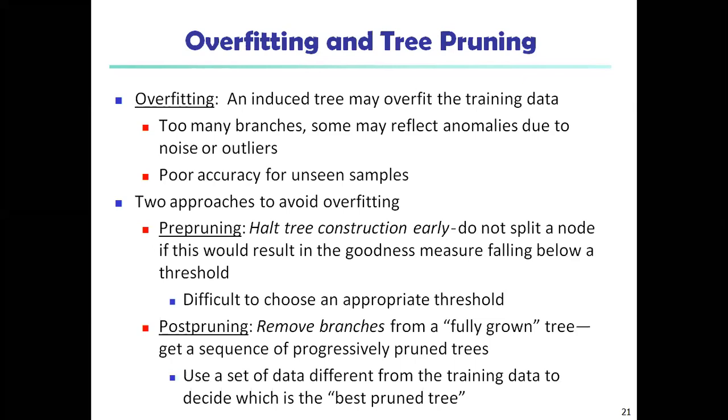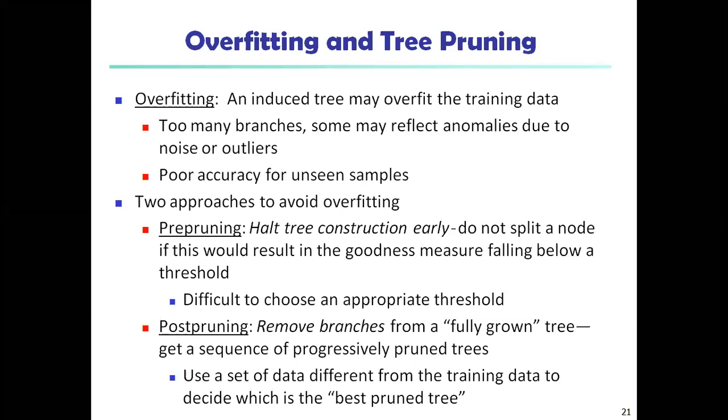For example, take one cluster. In that cluster, all the data points are related to the cluster. Some of the data points are outside the cluster. That is simply called outliers. That is the overfitting. This type of problem you can avoid by using two approaches in overfitting: pre-pruning and post-pruning. These are the two approaches we use to avoid overfitting.